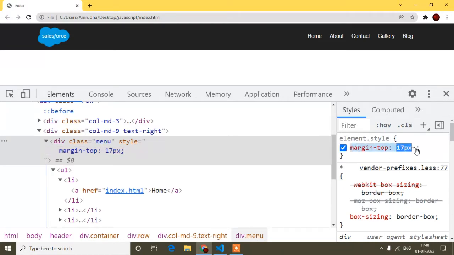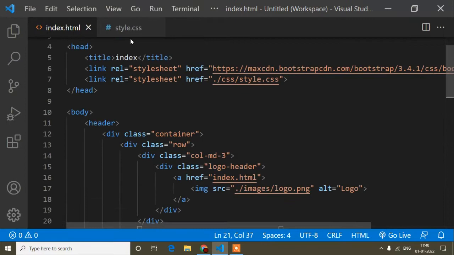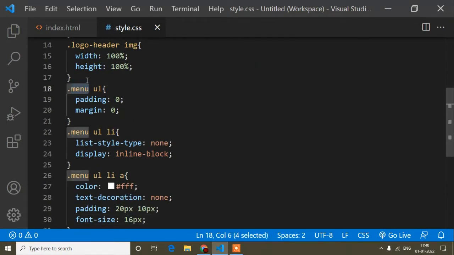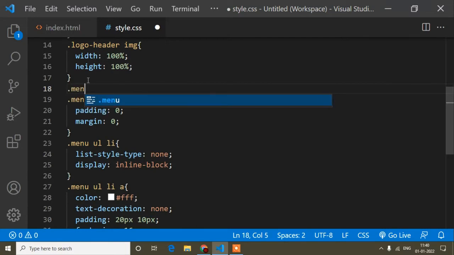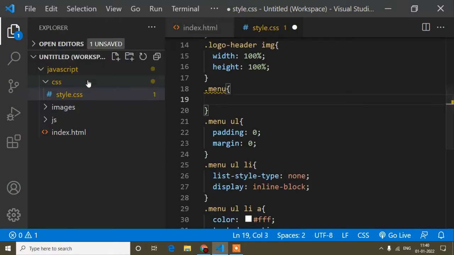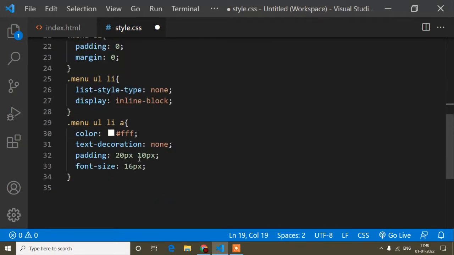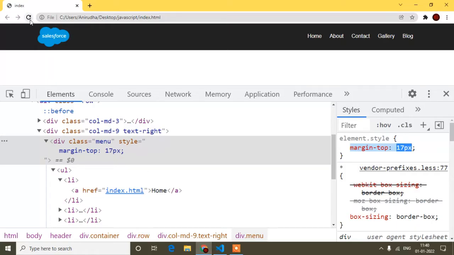So I will copy this one and go to the CSS, and here I start to write menu from here. Just above here I will write menu, and here I will just paste this one. Okay, and now this font size I will increase to 18 pixel. I think it will look much better.